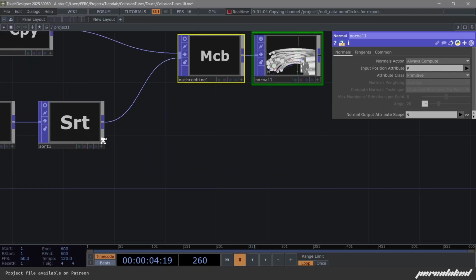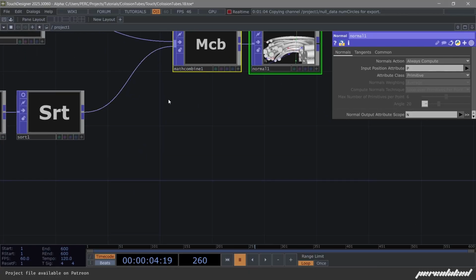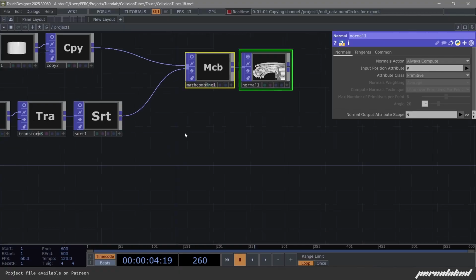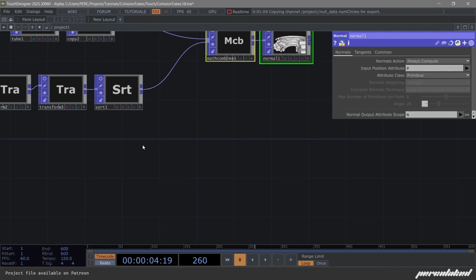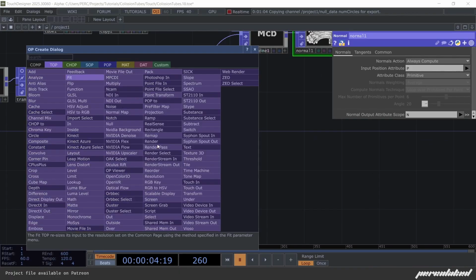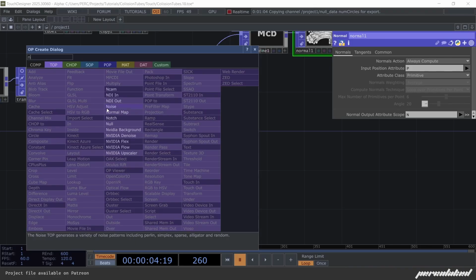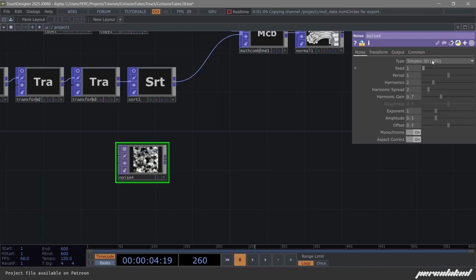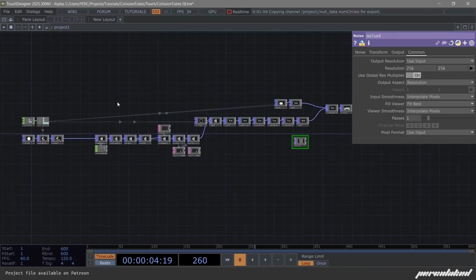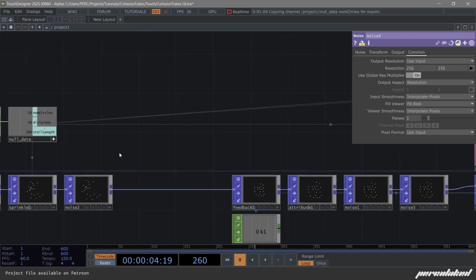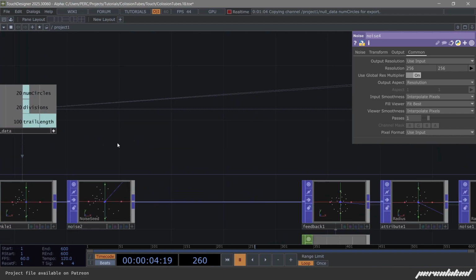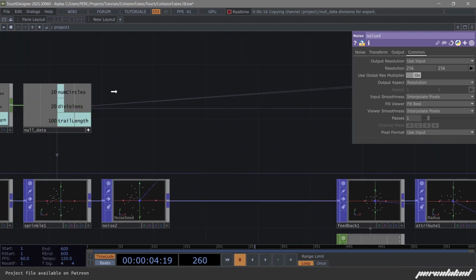We got some color here before our sort. After our sort and before our combine, we can use a lookup texture. So first, let's make our color. So you hear a noise. This is our first use of TOPs in the whole video today. The number of circles is going to be the X, and the trail length is going to be the height,